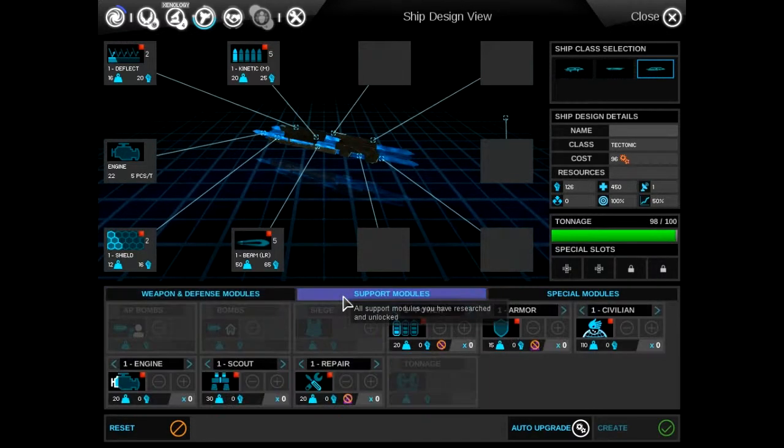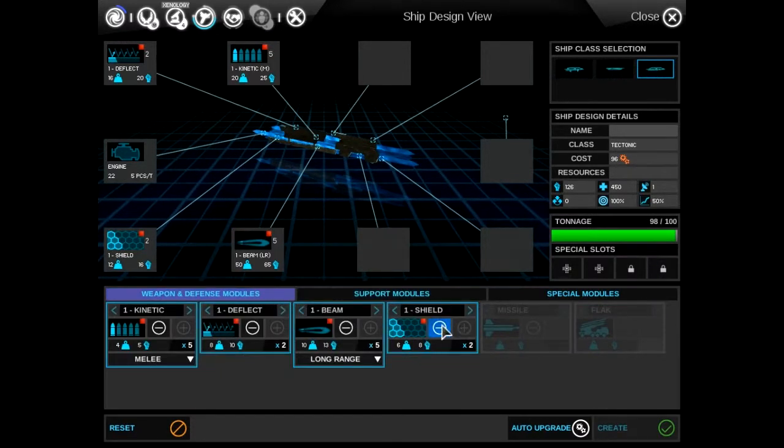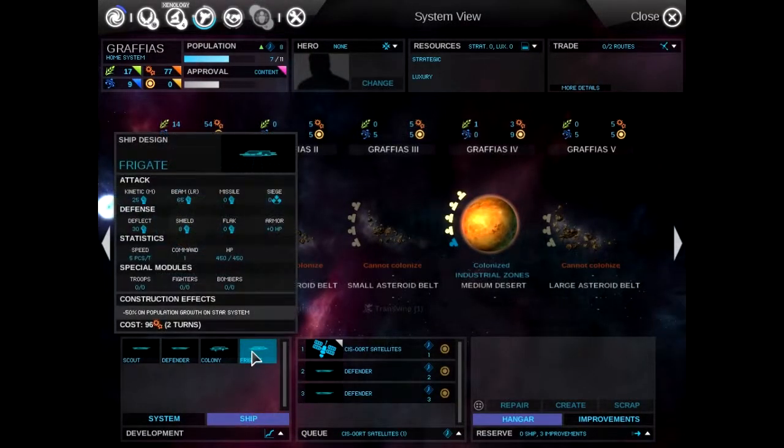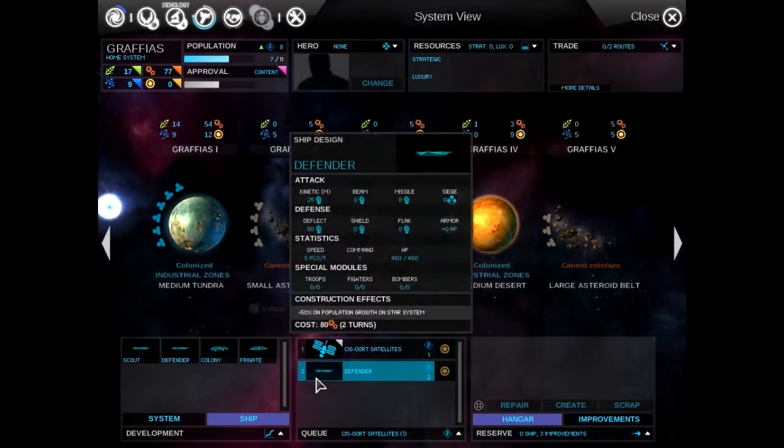and I don't believe I can add anything else. Actually, let's take one of these back, and there we go. So I'm just going to call this ship a frigate. There we go, we got our new frigate, and it will take 2 turns to produce, so I'm going to produce